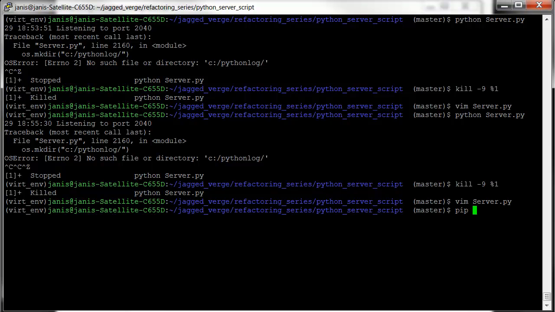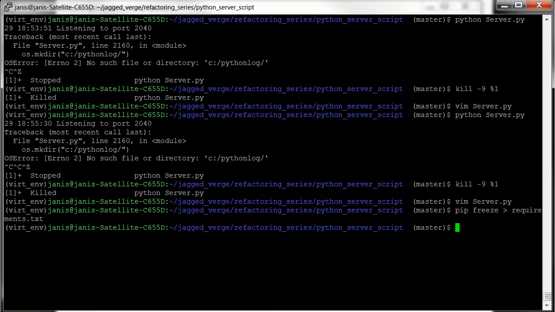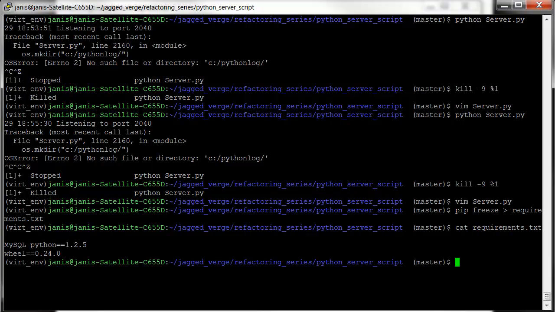So what we would like to do at this point in time is basically freeze the requirements, and that's the packages, into this requirements.txt. So if we look at that,